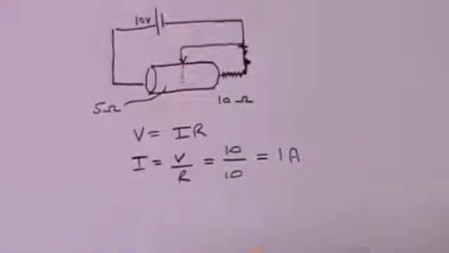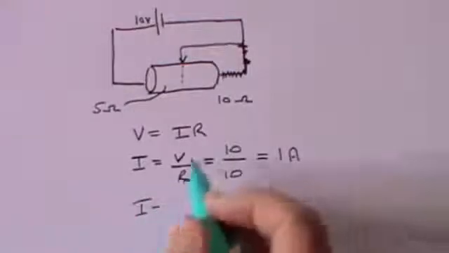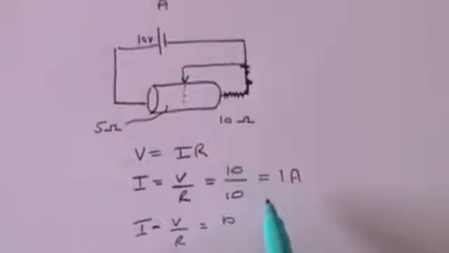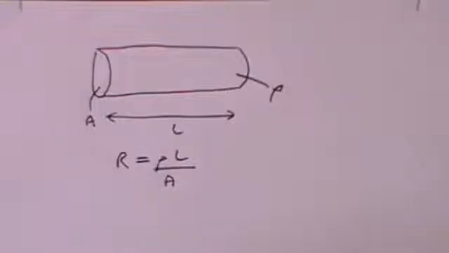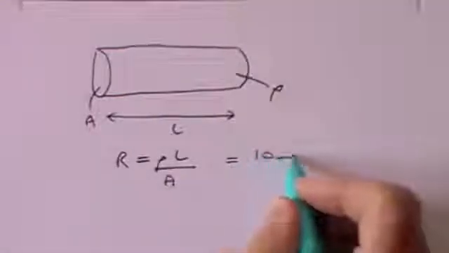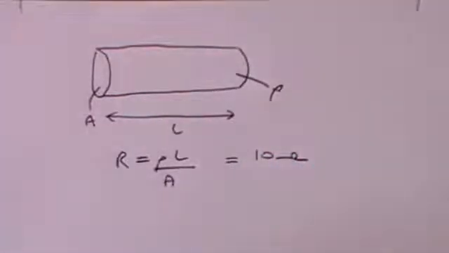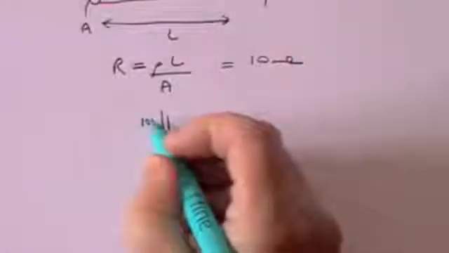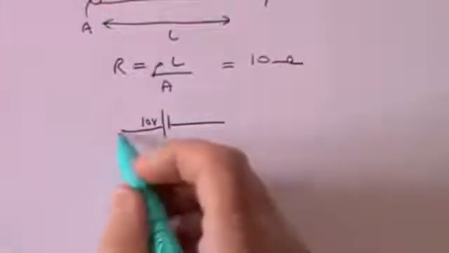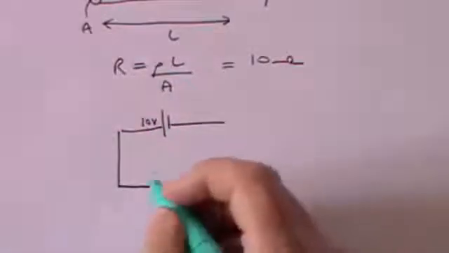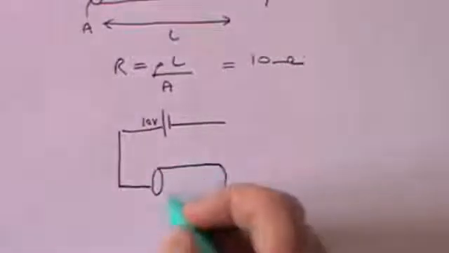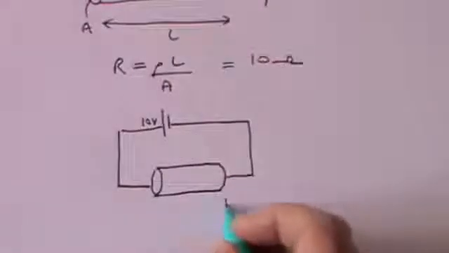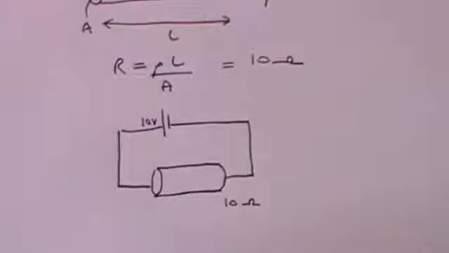So if I now want to know what the current is, well, the current, again, just as it was before, is V over R. The voltage hasn't changed, it's still 10. L divided by A, and let's just say that that comes to 10 ohms. Now we're going to put that in a circuit. So here is a 10 volt battery, and that is going to be in a circuit with the piece of conducting material that I just described, a 10 ohm resistor, 10 ohms. And now I want to know what is the current